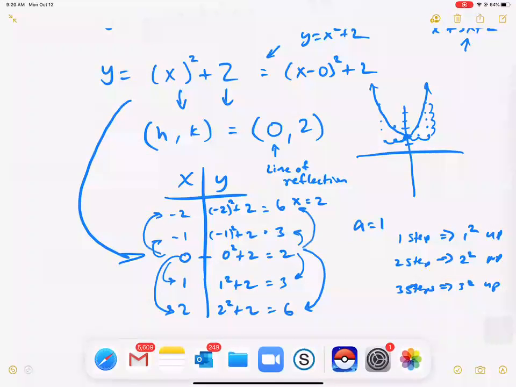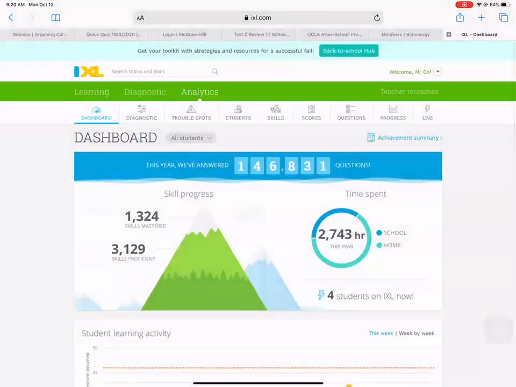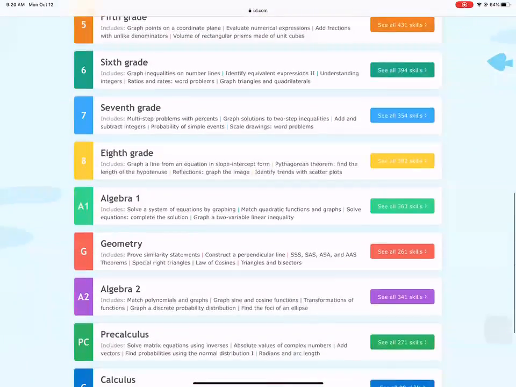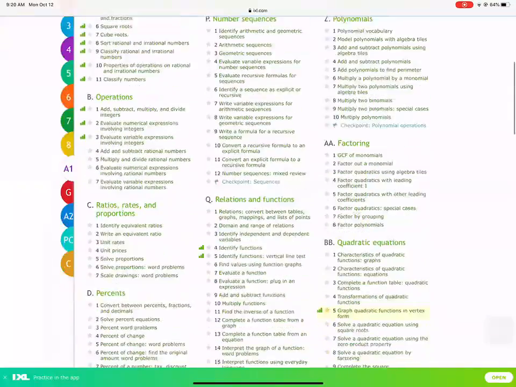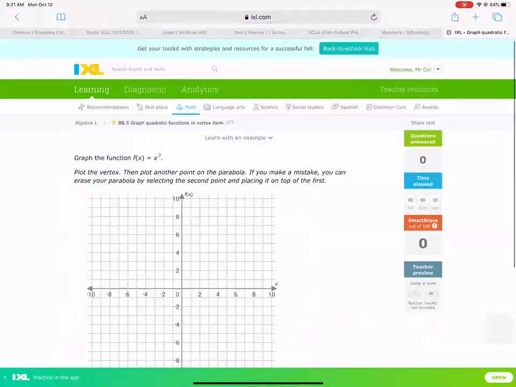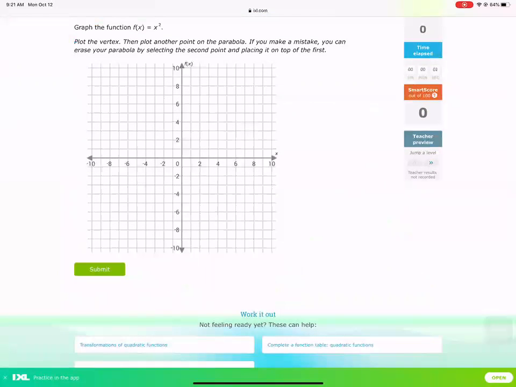Now, to graph this on IXL, let me get there real quick. You guys are going to be graphing these on the Algebra 1 version of this course. So the vertex we said, we'll just use this as an example. 0, 2, put a dot. We said 1 step over, 1 step up. That's your parabola. 2 steps over, 1, 2, 1, 2, 3, 4 steps up. Will be exactly the same graph. If you notice right here,